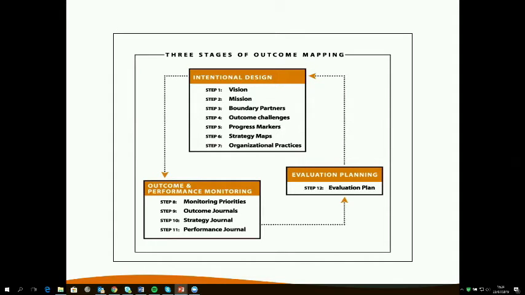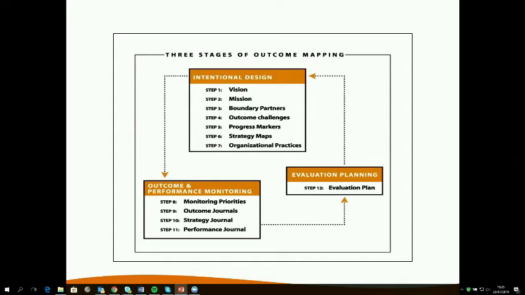But it's important when you delve into the methodology to really understand those 7 steps, because the philosophy, the concepts behind them are what drive the practice, whether it's planning, whether it's monitoring, or whether it's evaluation. All of the guts and all of the details of those 7 steps are what are going to drive your outcome mapping based M&E practice. So those are the 7 most important ones.